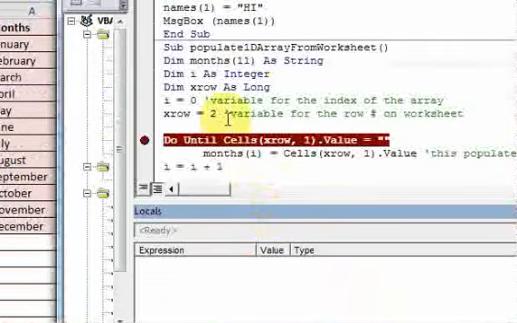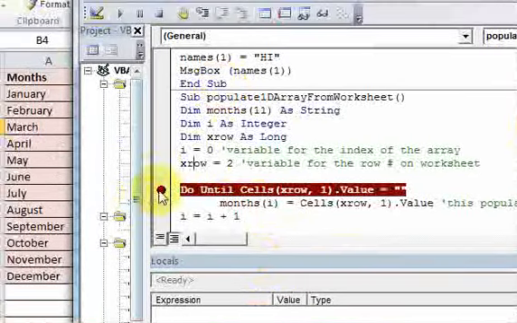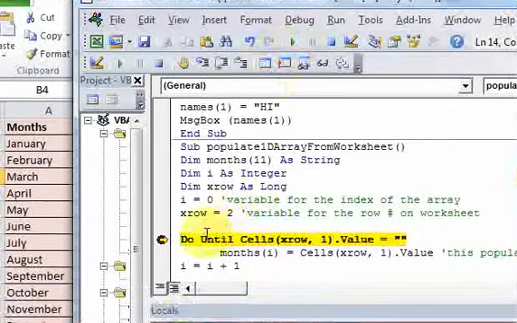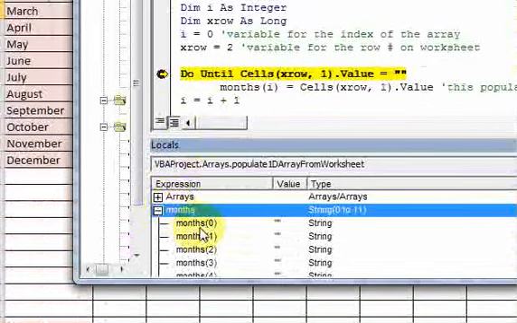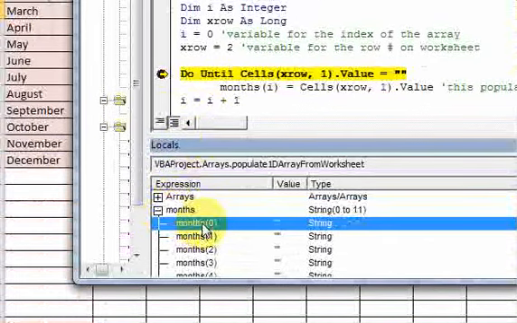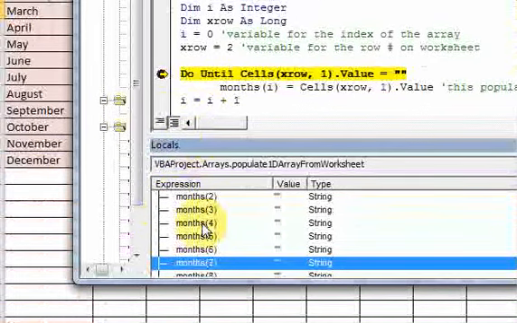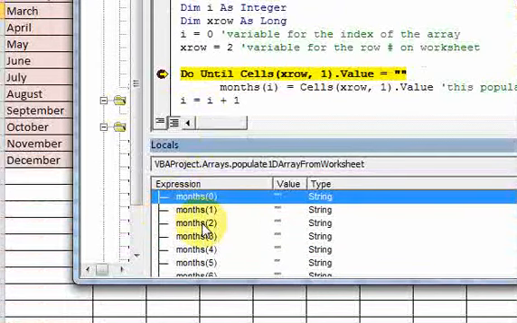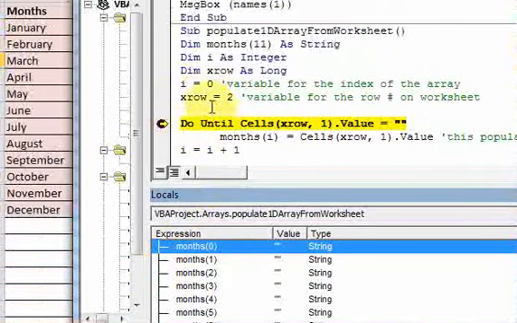Okay. So I'll put a breakpoint there, and I'll put my cursor in there and hit run. And this months is an array that can hold strings, and you can see the index starts at 0 and goes down to 11. That means it can hold 12 things. And here I get to the loop line, and if I step through this,